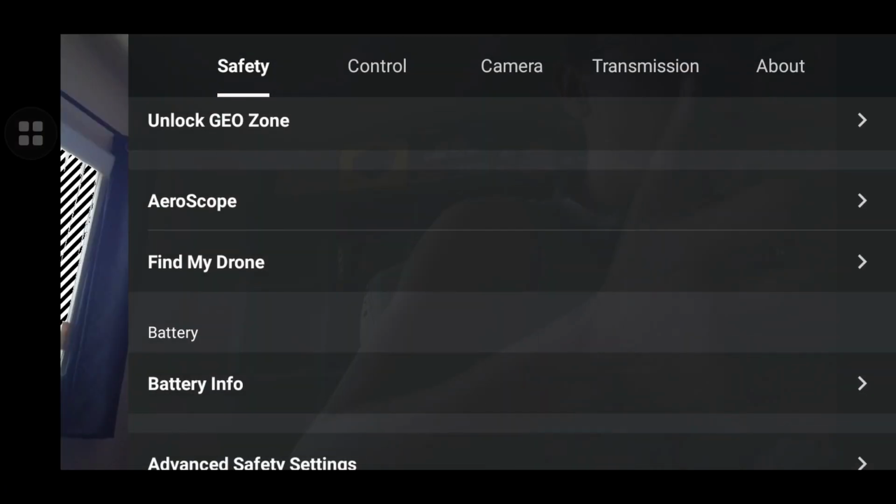So my GPS is off, so we won't be able to find it. But once you do click that, if you have your GPS on and the drone's GPS on, or if you're trying to find it after you crash in the water, it's only going to tell you where it last had signal with your controller. So it only tells you the last spot where it crashed, but it will tell you a really good and accurate location of where the drone is and where the connection